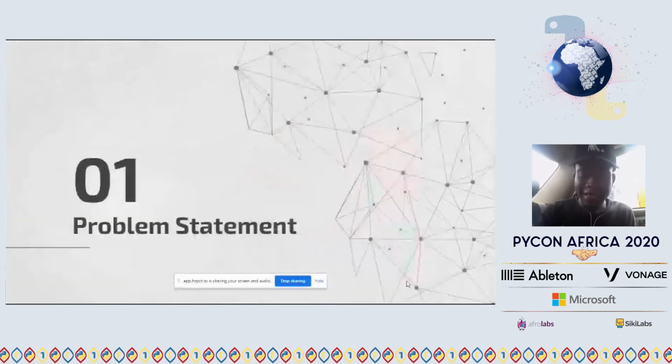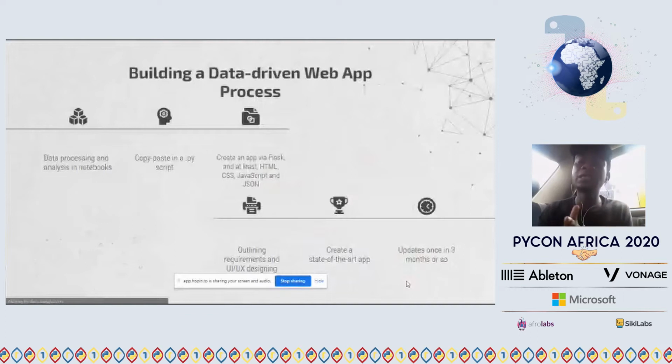Okay, so here's our problem statement. If you've built a data-driven web app before, then you'll probably be familiar with this process. The first step is visual exploratory data analysis being carried out in notebooks. And we analyze the data, we explore the data, and we derive useful insights. And these notebooks are usually very messy. So if you want to share your findings with friends and colleagues, then you probably copy and paste the relevant functions in a .py script, and then you probably host it on GitHub,